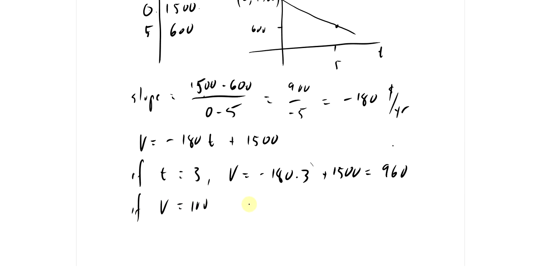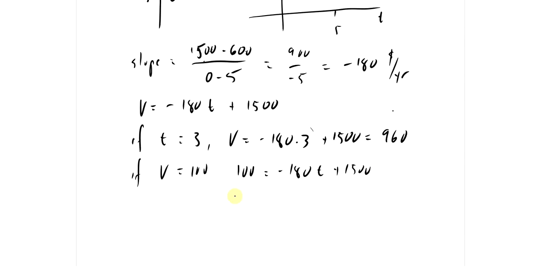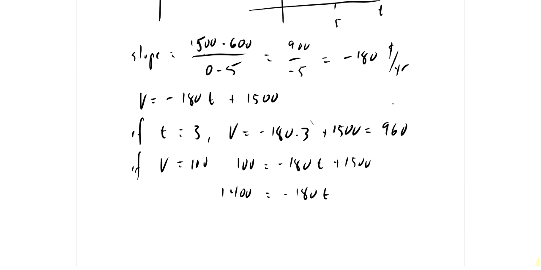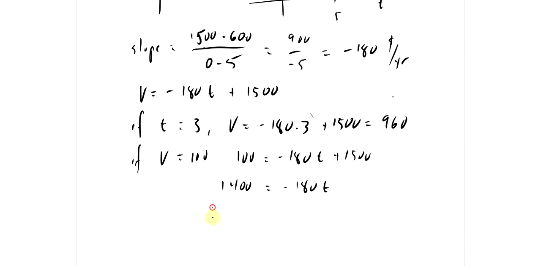So we plug in 100 for V, and we get 100 equals minus 180T plus 1500. And if we subtract 1500 from both sides, we get minus 1400 equals minus 180T, and then divide both sides by 180, and you get 7.77... equals T, which is about 7 years, 9 months, and 10 days if you actually grind it out. So after about 7 years and 9 months, it'll be worth about $100. And if they keep going, after a while it'll actually be worth nothing. Okay,